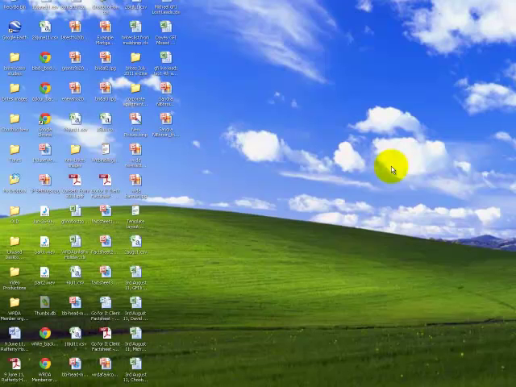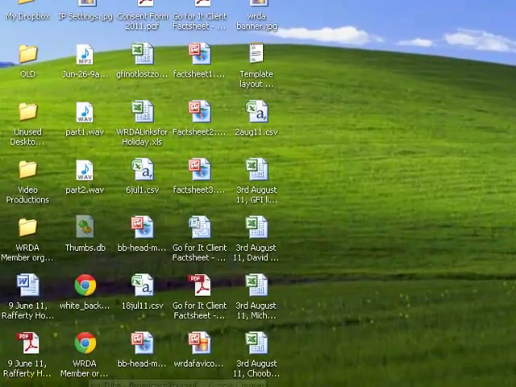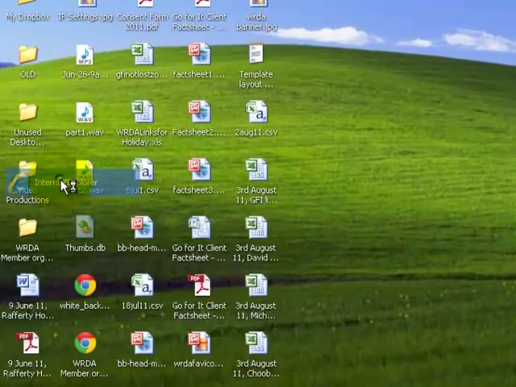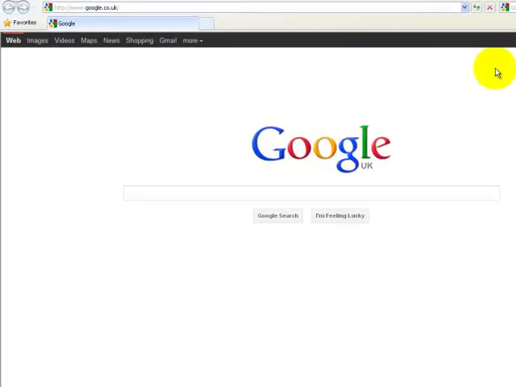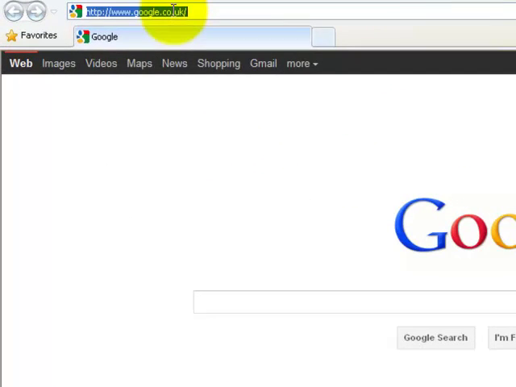Well, welcome to this first session on how to access your Chooboo website so that you can make changes to the text on the site. First thing you've got to do is go into Internet Explorer. It opens up like so, and you go up to this bit here and you type in